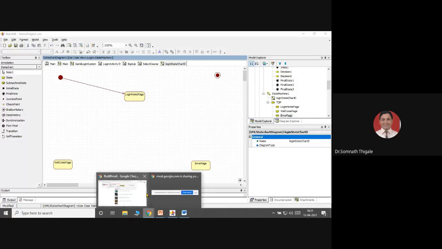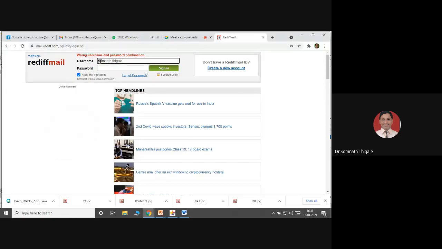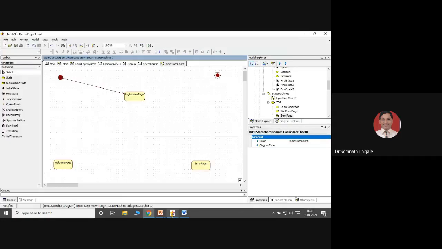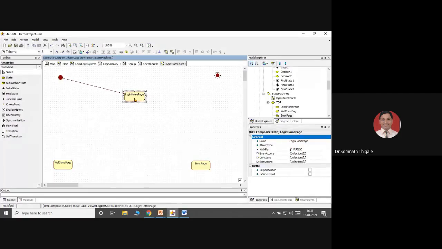On the login page, I'm going to write my user ID, write my password, and click on the submit button. These are called actions. For any activity, you can have a minimum of 3 different types of actions, called entry actions, do actions, and exit actions.